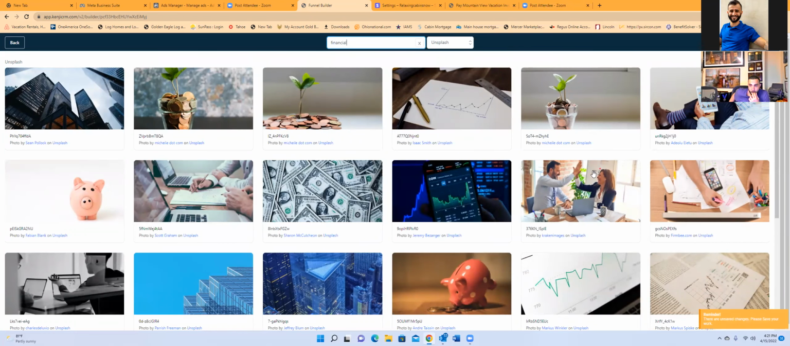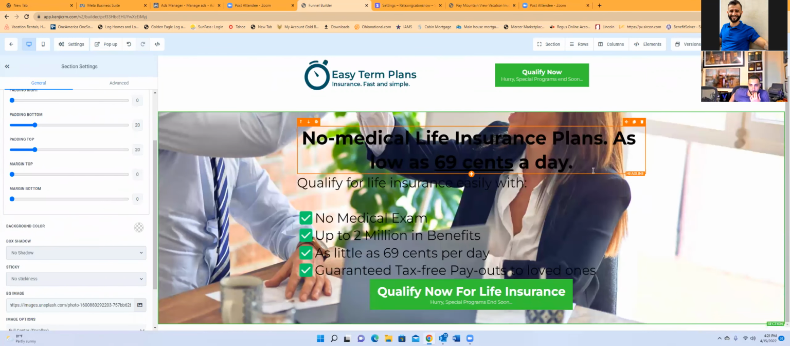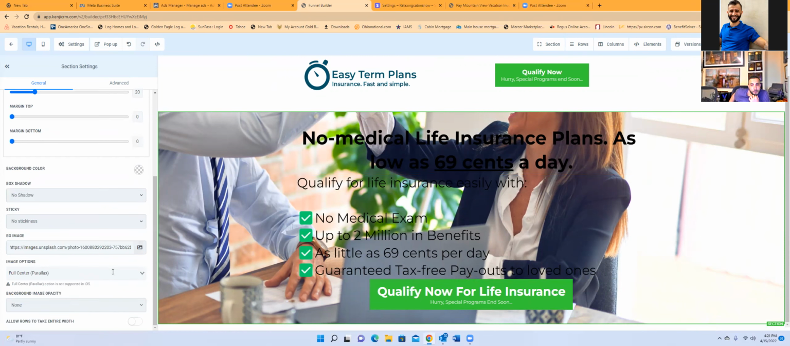Something like this, right? But right now it's not looking nice. It has this thing where it's not even showing your text. So a trick to fix that, we're gonna go here